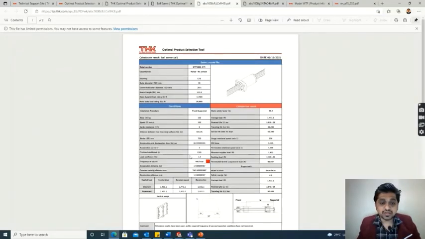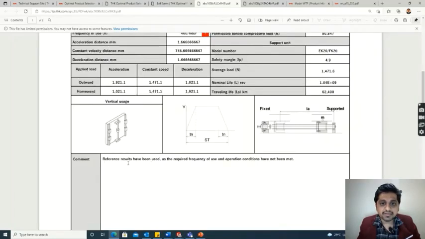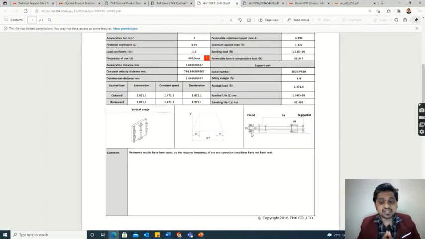Now here you can see in the load coefficient, in the frequency tab, in the comment, they have given that the required frequency of use and operation conditions are not being met. So that is the indication given by the software.